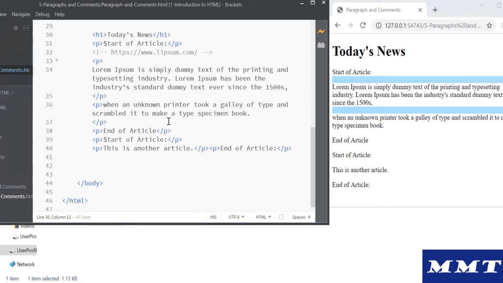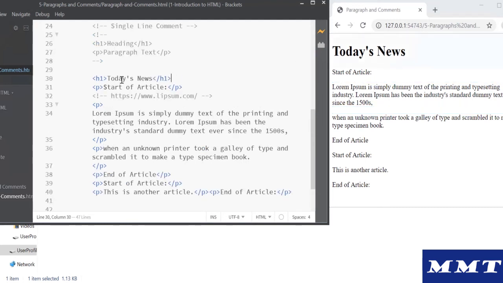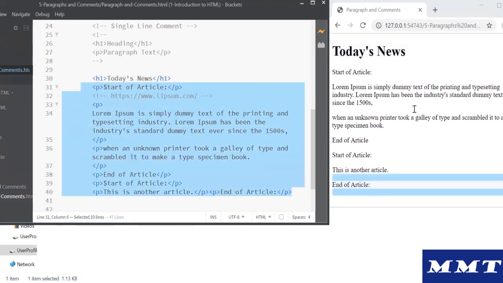Paragraphs are really paragraphs. When you want to write text on a browser, you write it in a paragraph, and typically the most useful use case of writing paragraphs is writing blogs. If you're writing blogs, you want to display headings and content. Heading will be handled by h1 to h6 tags. The paragraph will handle all your text.